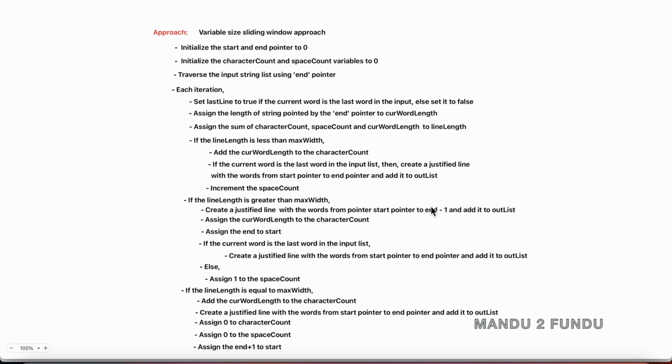So we are skipping the current word. Okay, and then add that justified string to the output list. Then the current word should be included in the next line. So we are preparing the character count for the next line. Okay, so that's why we assign the current word length to the character count and assign the